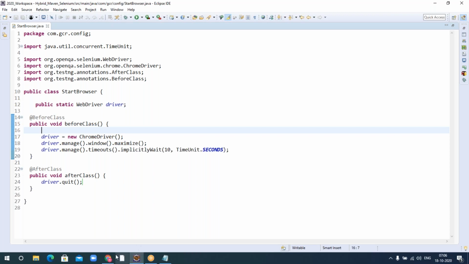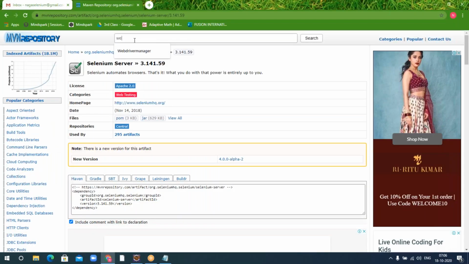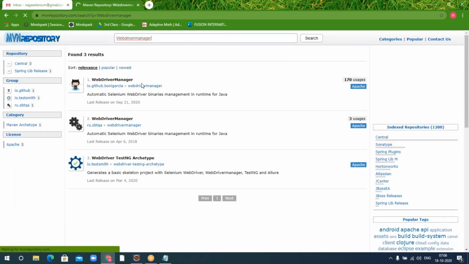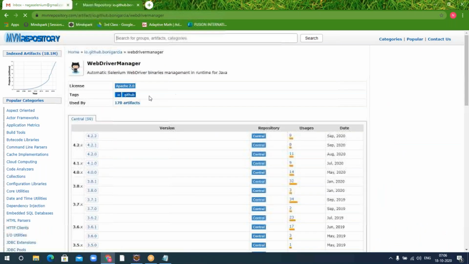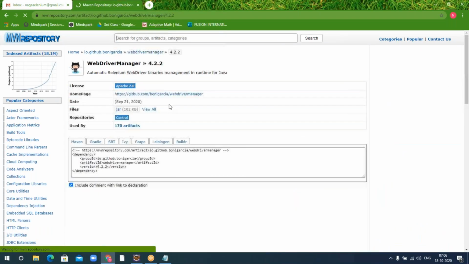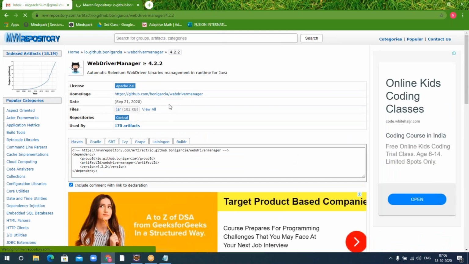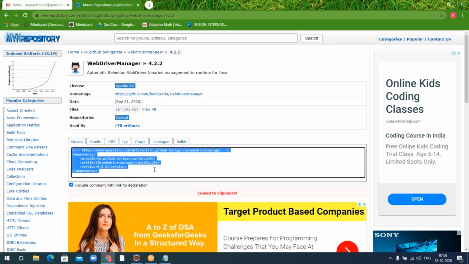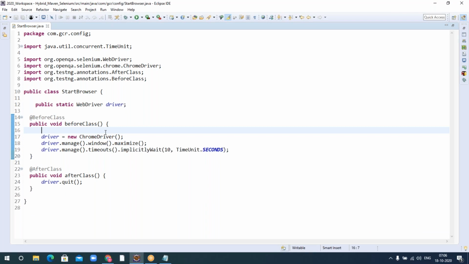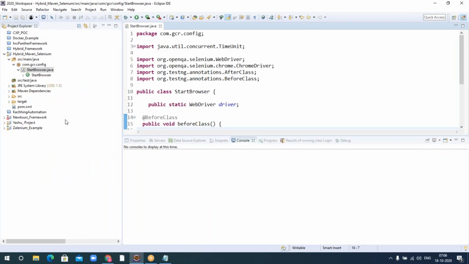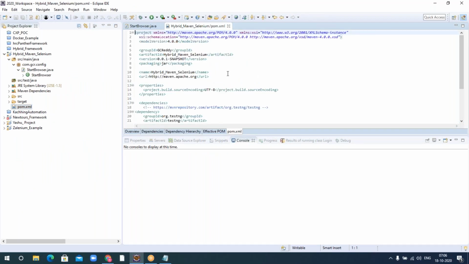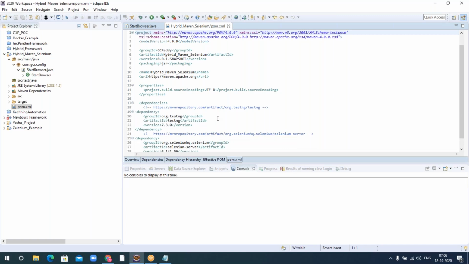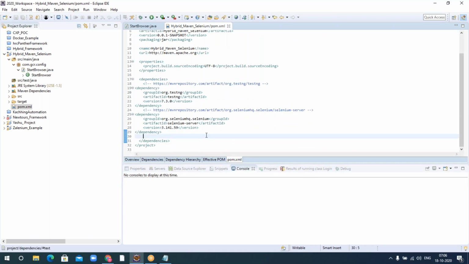The jar file name is WebDriver Manager. I'll take the latest one. If I add this particular dependency, you need not download anything. I'll write one-liner code, which will automatically download the corresponding exe file for me, and then it will launch the browser. So that means for any browser, we can just use this, right? Yes, any browser. I'll show you the code for each and every one.